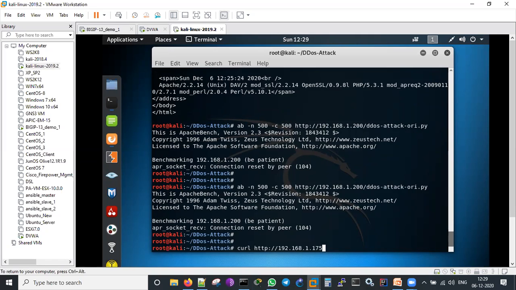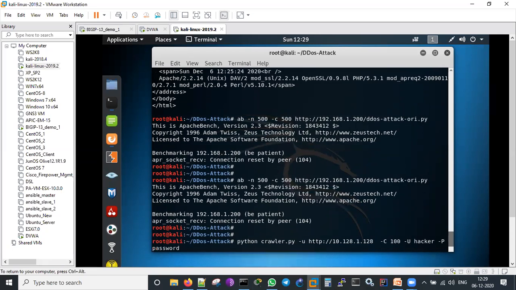This is the one, not the 175. It's a 200. So many things which I attacked, so that it is coming up everything. Curl command we can try that now immediately. So that will give us, this is the AB 100 which we tried.